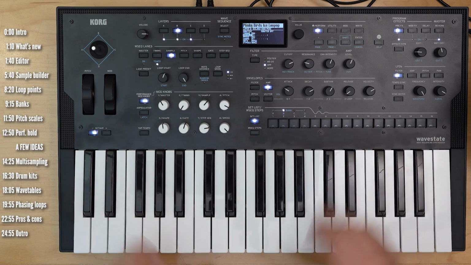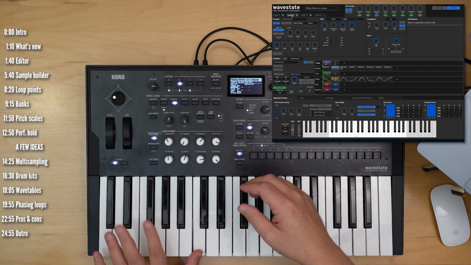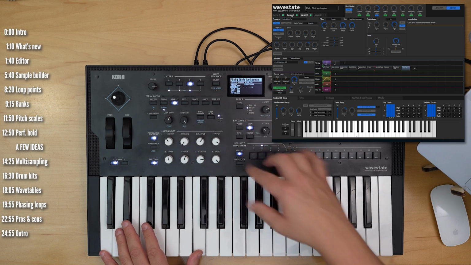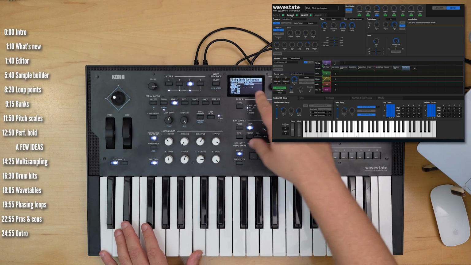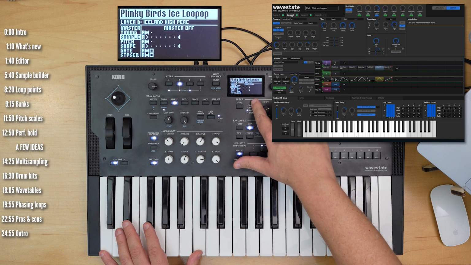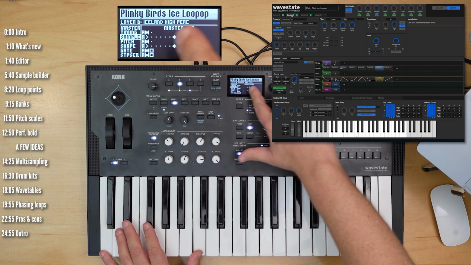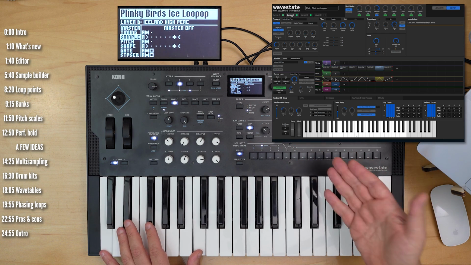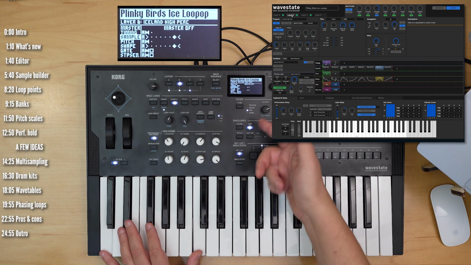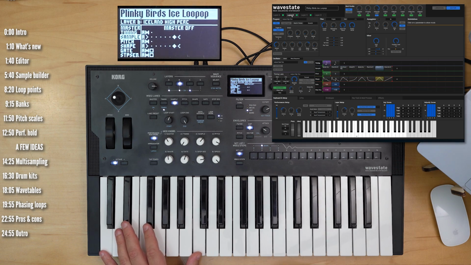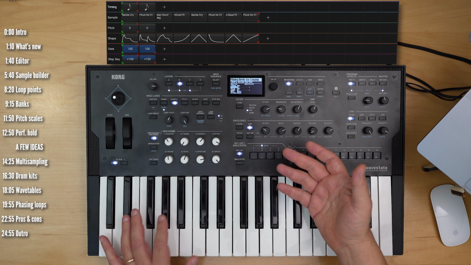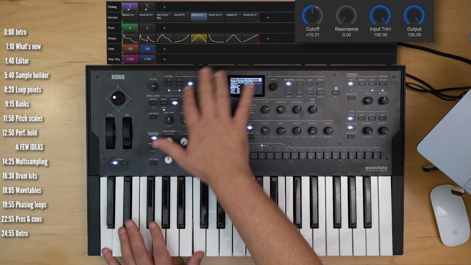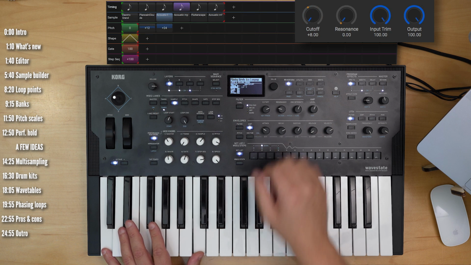Unlike the panel, you can see parameter values directly on screen, including how the wave sequences move forward. Now you can see that on the little screen here as well, but you only get a representation of the different wave sequencing lanes. You don't see the contents inside those lanes on the small screen, you do on the editor. The editor turns your computer screen into a screen that's directly and constantly in sync with whatever's going on